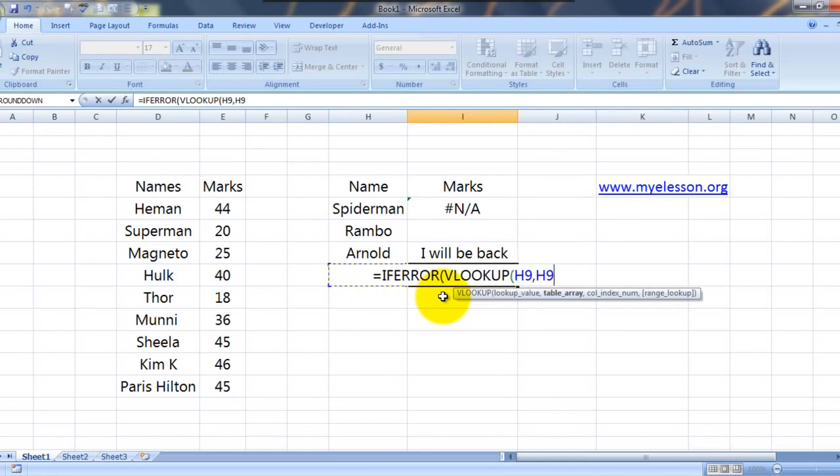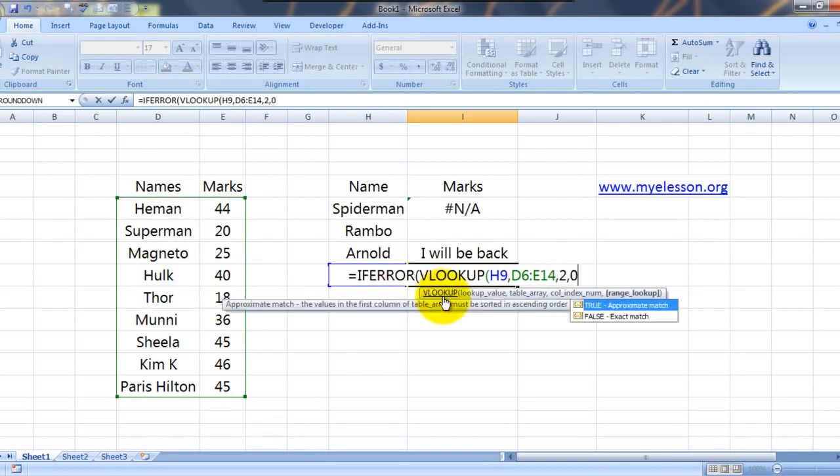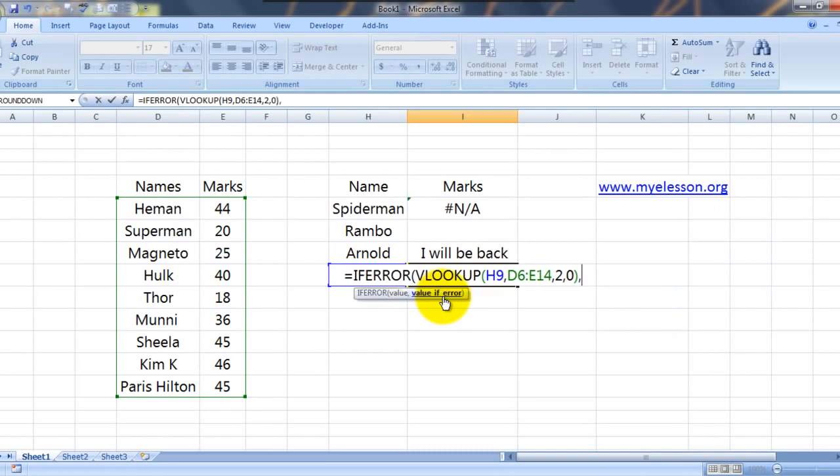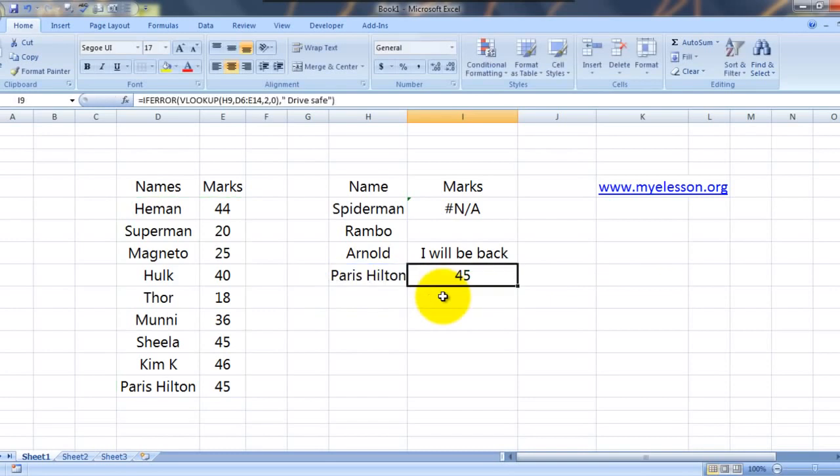This is what I'm looking for. This is from where I'm looking for it. Comma 2, comma 0, bracket close, comma. What do I write? Drive safe. See, I got 45.